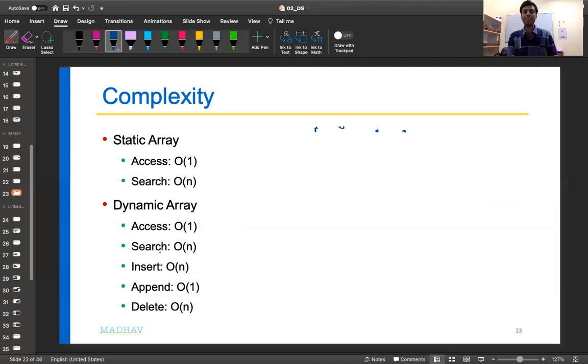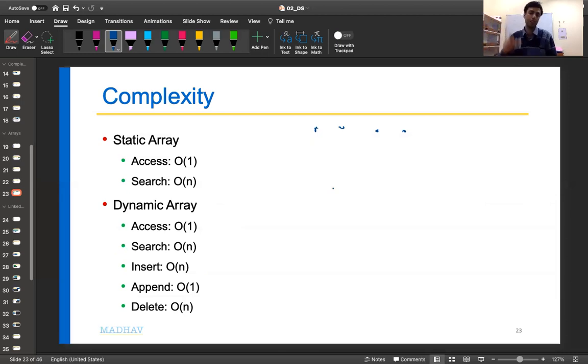Now come to dynamic arrays. For dynamic arrays, access and search are exactly the same as for static arrays, no difference. Now what about insertion? I want to insert an entry somewhere, let's say in between. That means I go to that location, insert it, and move everything further. If you have to copy every element to a new array, let's say you're creating a new array, and at the desired position you insert your new data, and the remaining entries you copy to the new location.